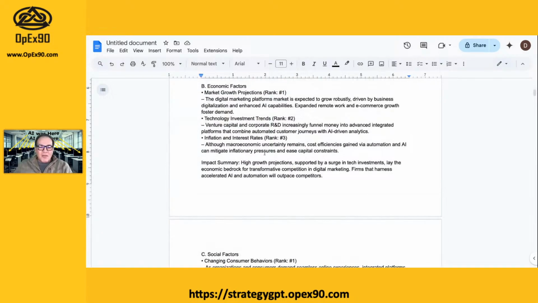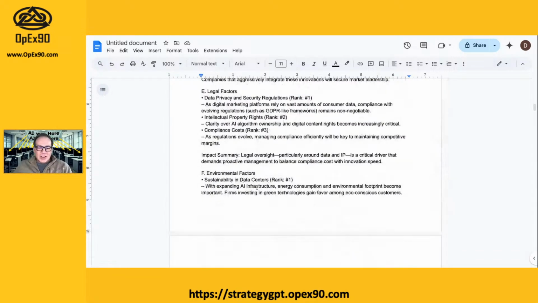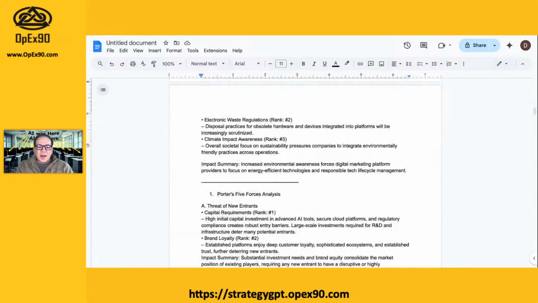So here are economic factors, right? Growth projections, technology investments, interest rates, societal factors, what's taken place, right? This workforce transformation is going to be huge. Just think about all the government employees that are out of work now, right? And that'll be out of work. I'm not sure how much of their skill set is going to actually be transferable to a commercial environment. I'm not sure how good their computer skills are, their AI skills are, their critical thinking skills, right? Technology factors. So all this stuff we already know. So this is stuff we already did.